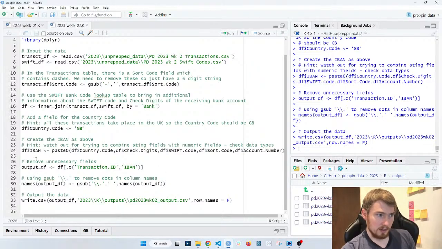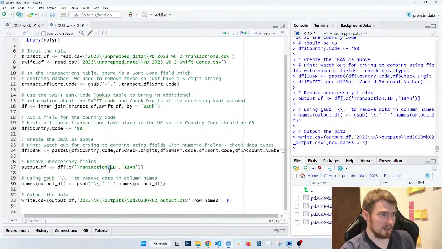And then we removed all the unnecessary fields, leaving us just the transaction ID and that IBAN. I used this operator just to pick those two columns and then assign that to a new data frame. Then I was a bit clever. I used this gsub function that we used earlier to remove the dots in column names for our transaction ID.